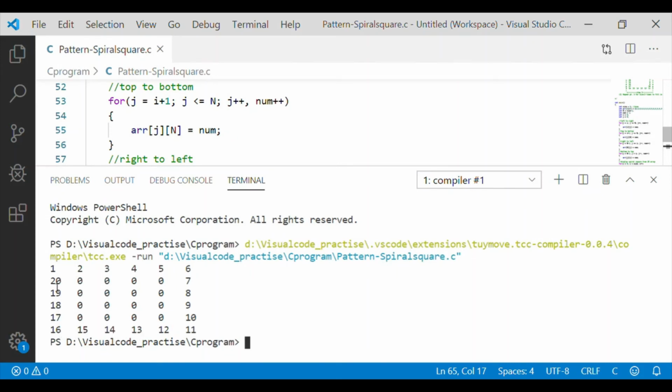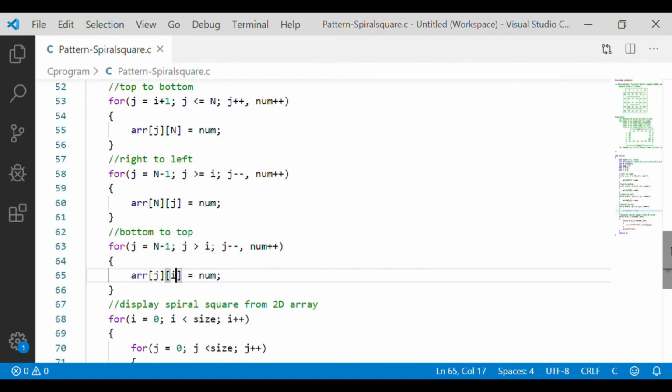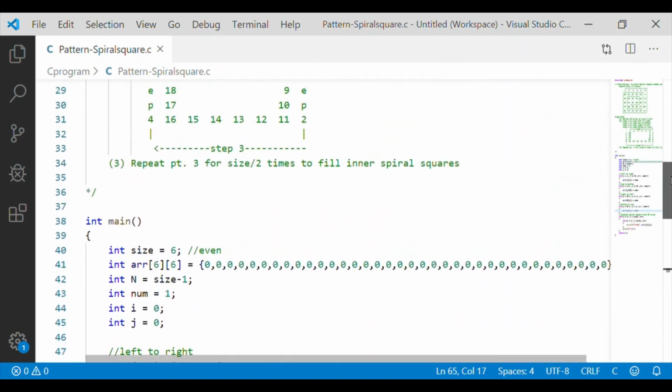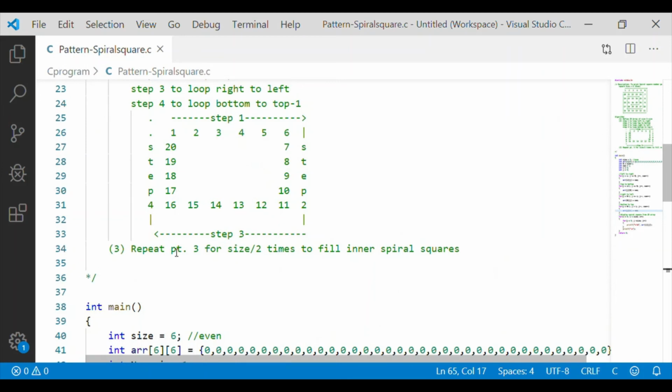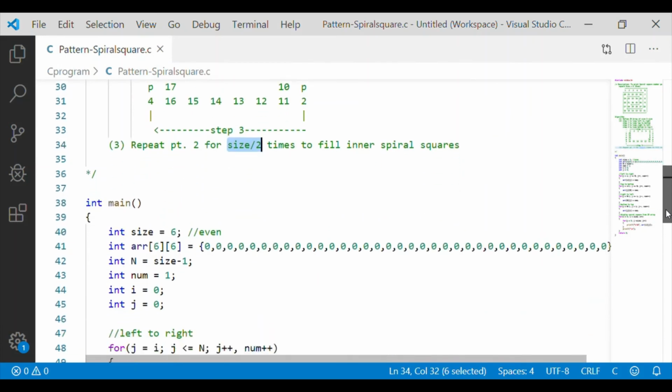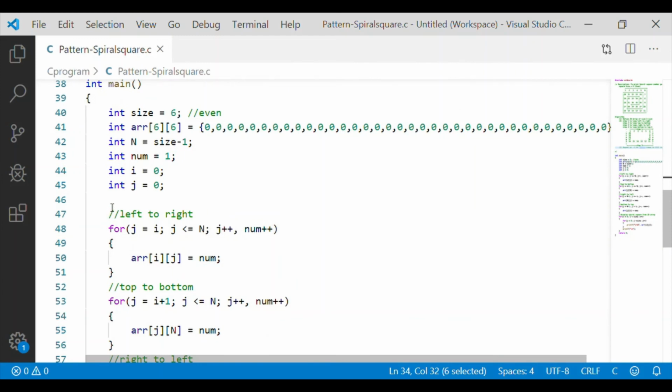The next thing is it should start spiraling to the next inner square. So if we go back to our algorithm, point 3, we have to repeat the above point 2 for size by 2 times. Here size is 6, hence 6 by 2 is 3 times. So there are 3 full squares formed.